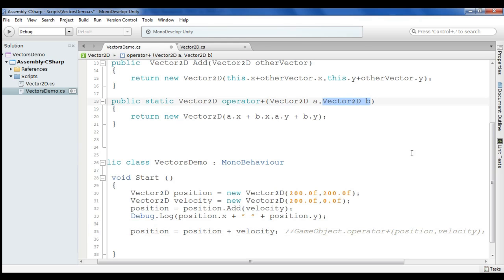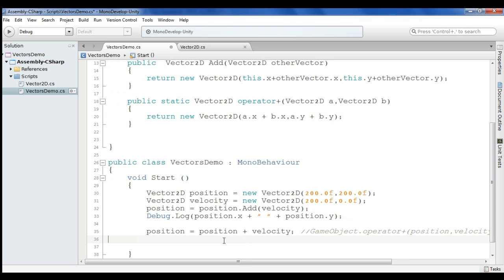Here you have Vector2D B, you are passing velocity. So the position values will be copied to A, velocity x and y will be copied to B's x and y. Then their x and y are added and returned back as a vector. And that returned new vector you are going to have here, and those values will be copied to position, and you can display the new vector position.